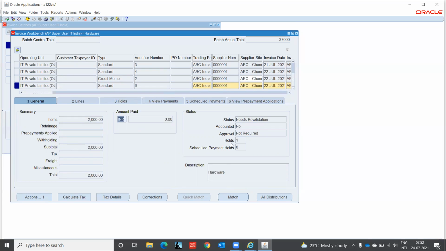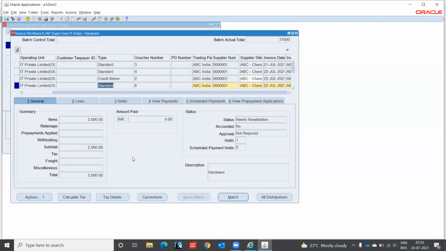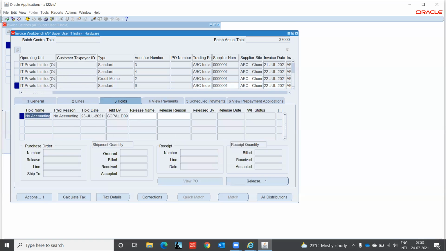See here you can see hold is 1. It will not allow me to process further. This hold I placed, no accounting, means it will not do the validation as well. The only thing I can do is release this, as this is placed manually,